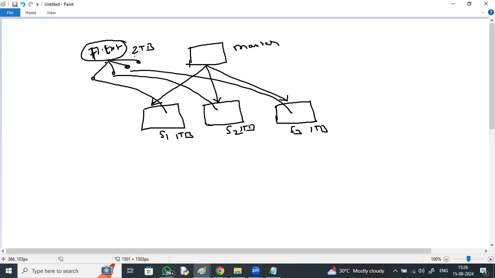A 2 TB file cannot be accommodated by any single system, so it is split into smaller parts and stored across them. Here, there are two advantages: data is distributed across multiple systems, and data is processed by multiple systems parallelly.